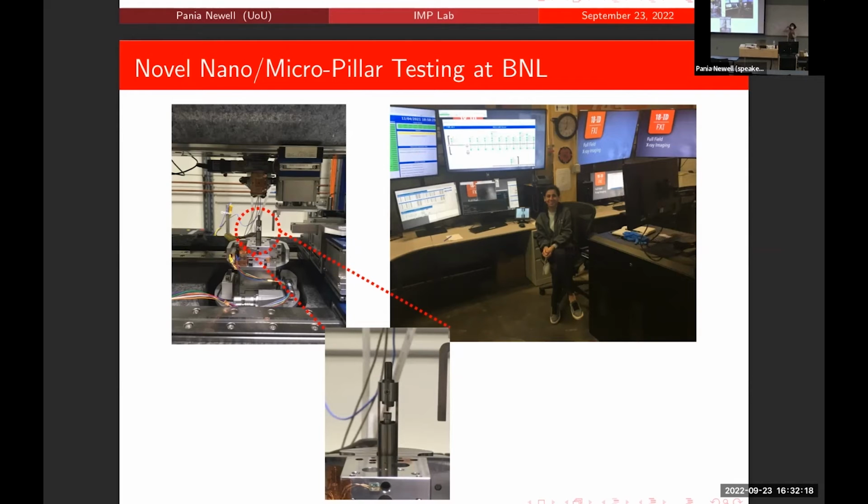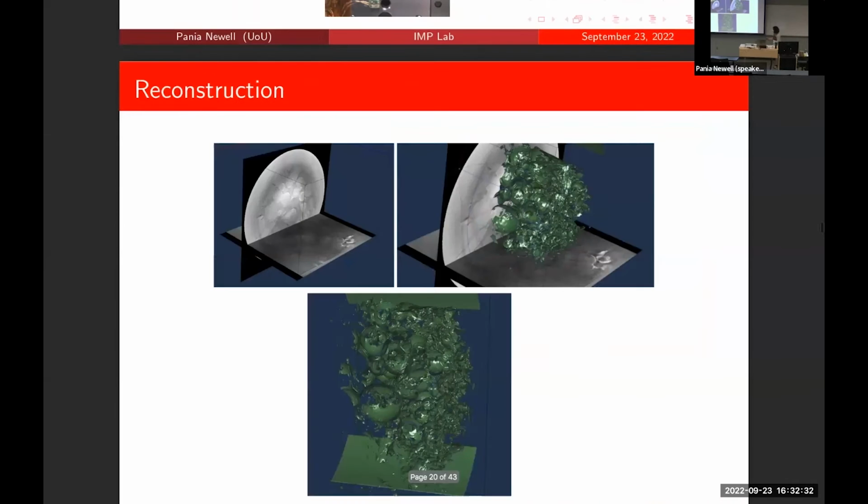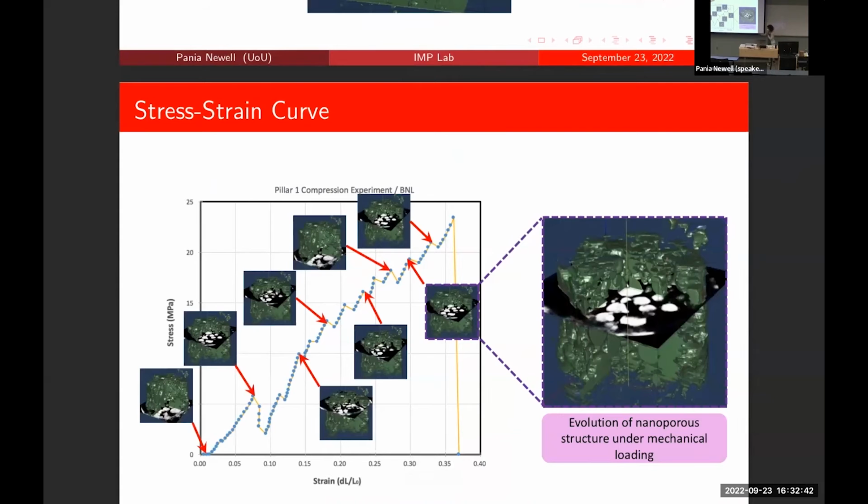Every time you are loading your sample, you can scan your sample. And this is where the role of computational mechanics and people doing material science plays a significant role. Because each of those tests that we are doing, we are creating these high resolution porous structures that keep evolving. So again, these were supposed to be videos. This is the stress strain curve. Each of these are thousands of frames that show how these porous structures are moving.